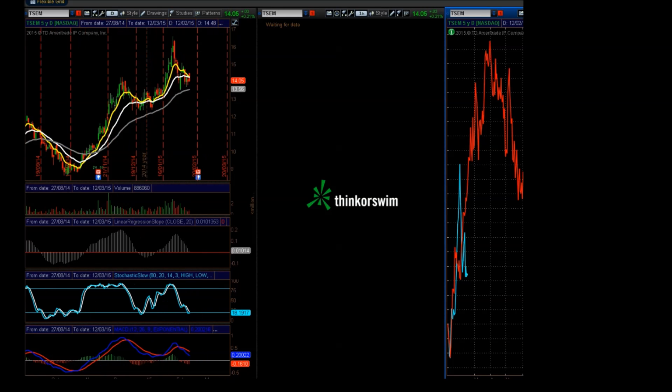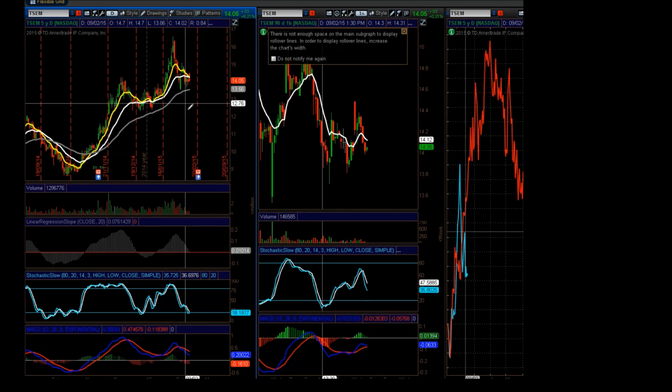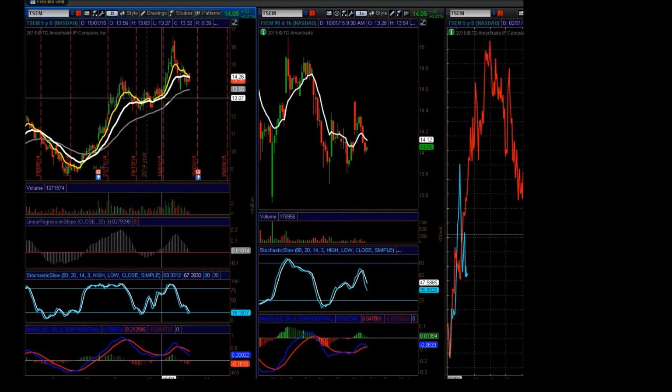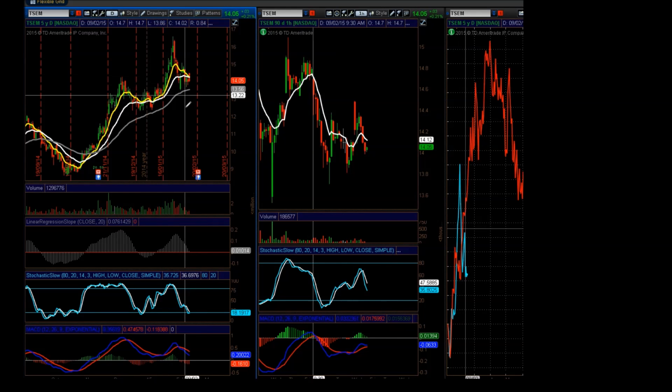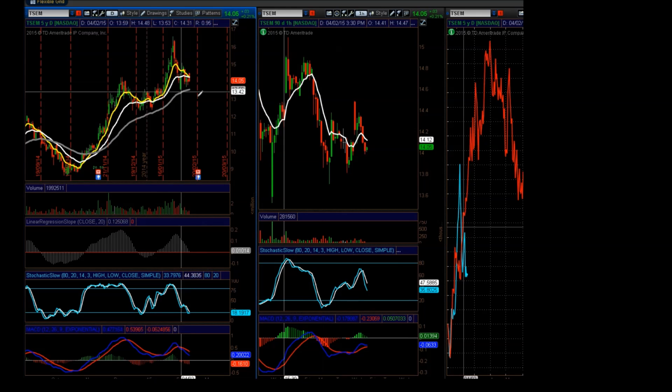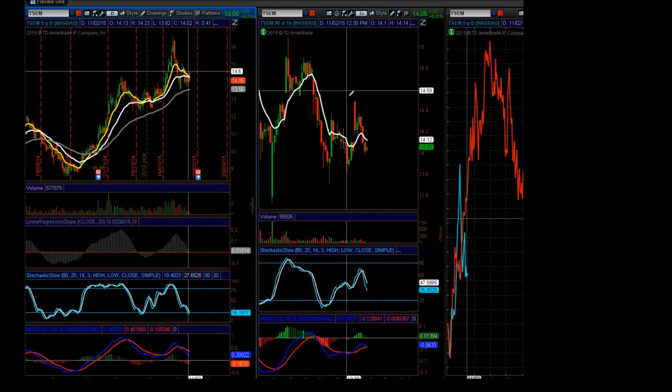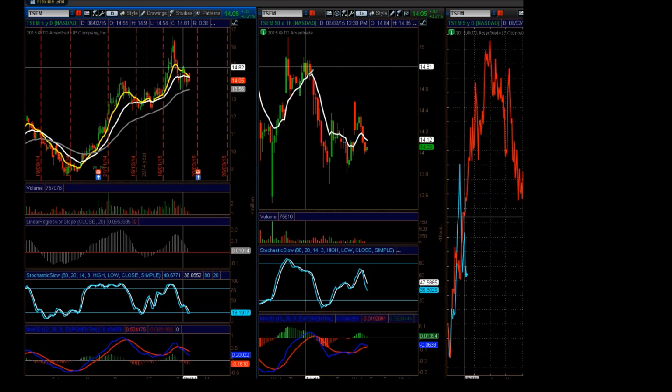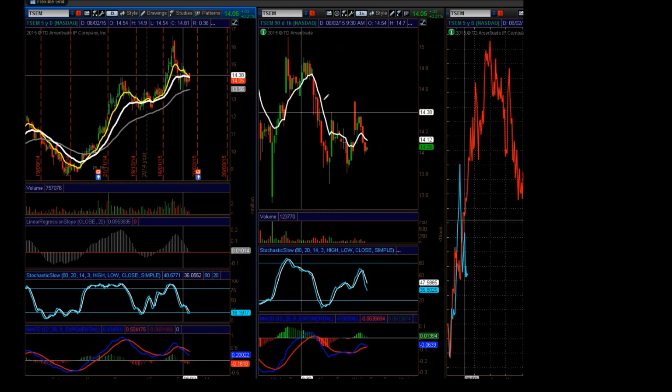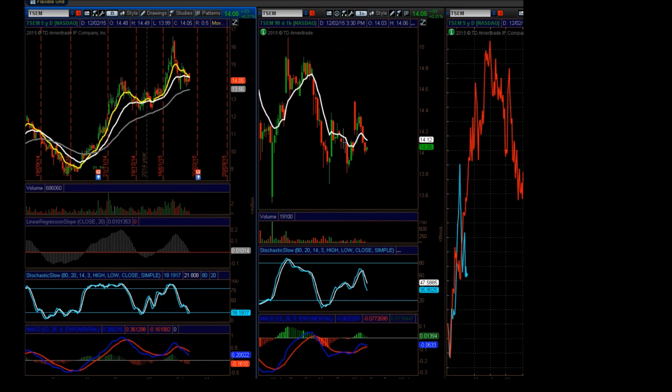I'm not going to cover them all, but you can see here the conditions are being met, where this one looks pretty decent. You've pulled back into support here. You seem to be holding support. Now what I can do is drill down to the 60-minute chart, and I can look at it and see if I'm interested in the pattern, or